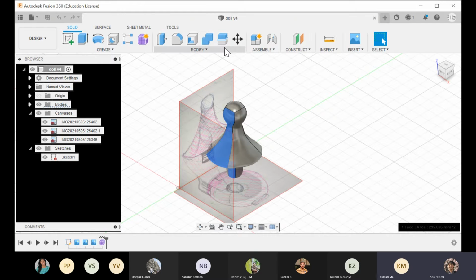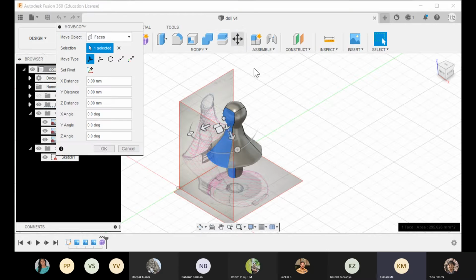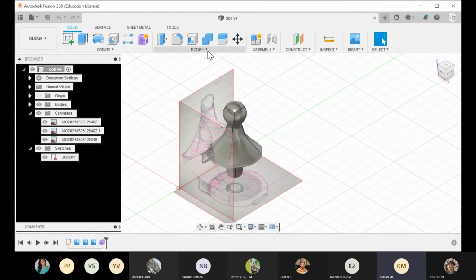Can you see the screen? Yes. So you have hand sketched the orthographic views? Yes, ma'am. What is this? Is it a bell? Actually, it is a door knob.